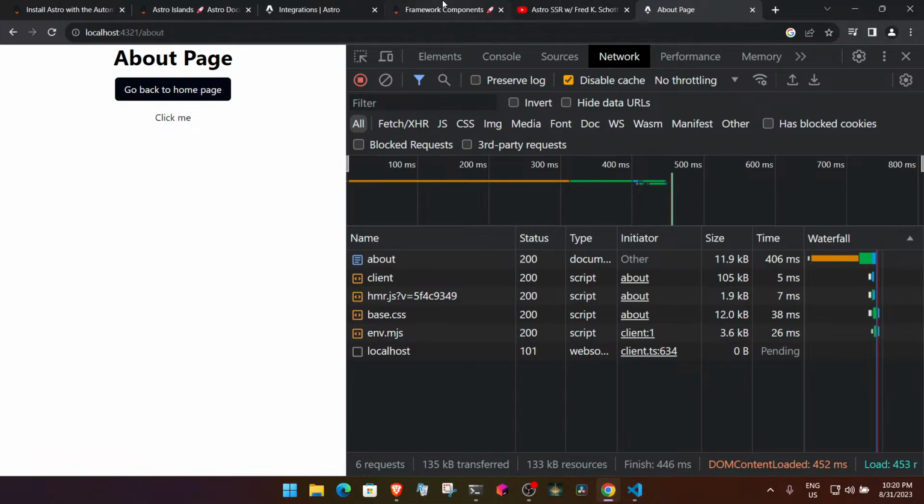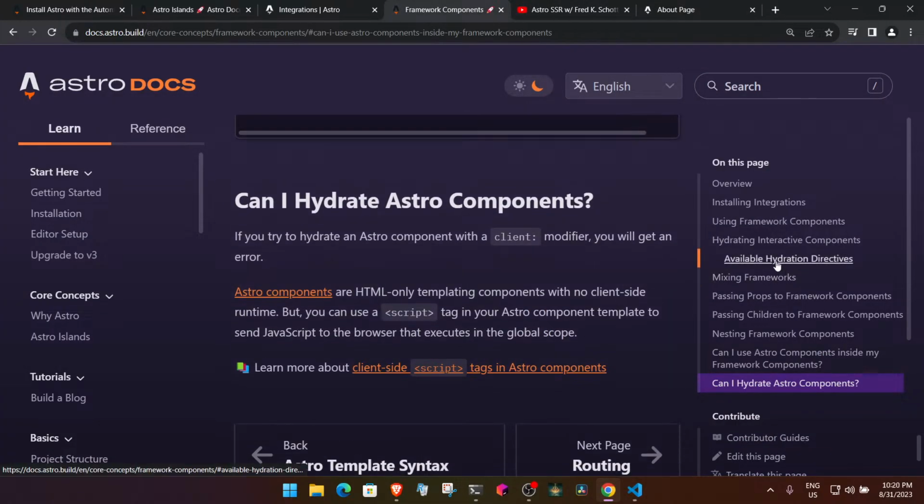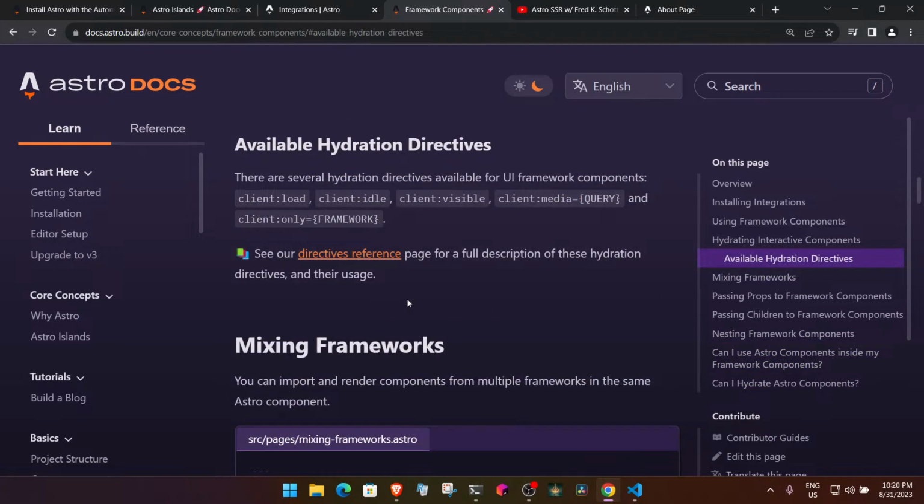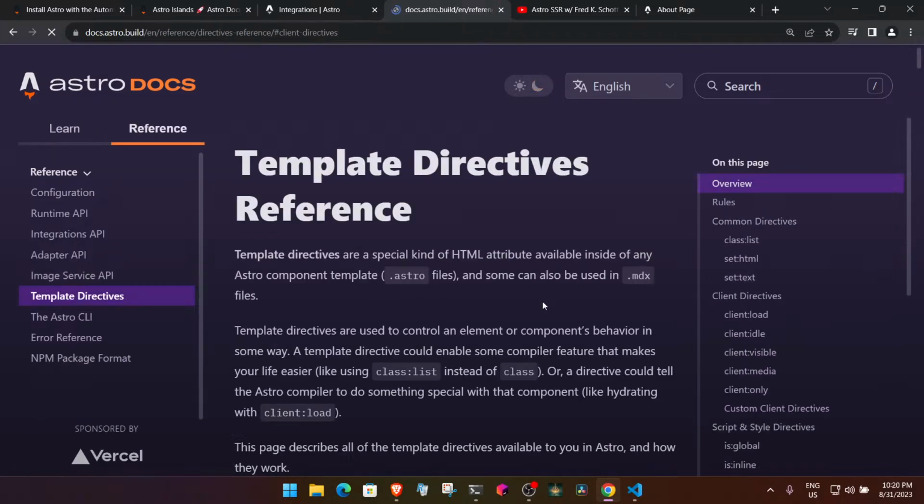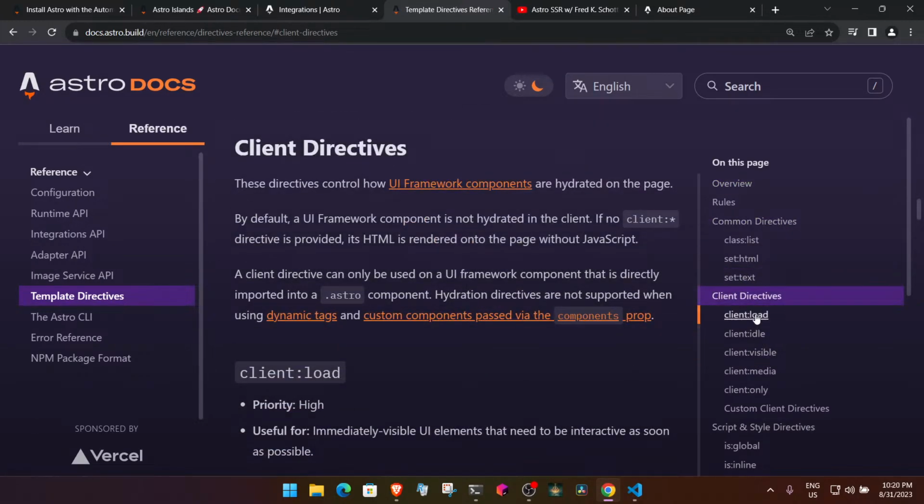So that means if I want hydration, right? There are several, I cannot pronounce several. There are several hydration directives available for UI framework components: client load, client idle, client visible, client media, and client only framework. Okay. See a directive reference. Okay. Now, if I go to this client load,